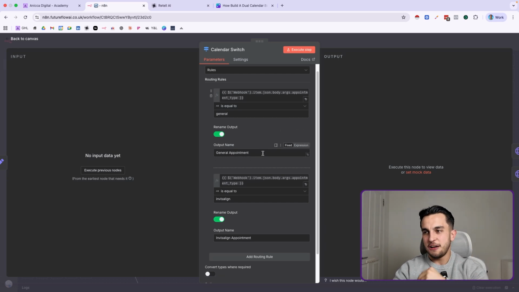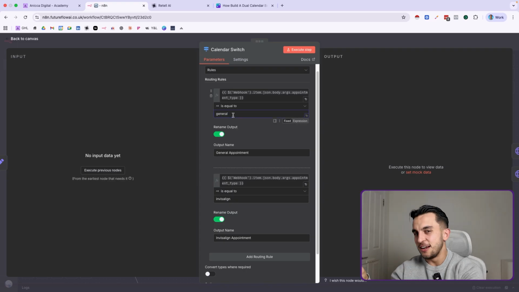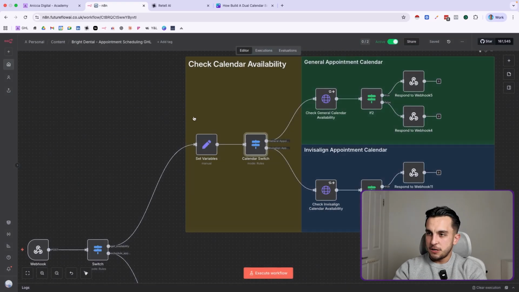So for example, if the agent output "General" with a capital G, that would come up as false because it's not equal to "general", the exact way that we have spelt it here. So it's really important that you guys understand the importance of syntax when building deterministic workflows like this. But if we did just keep carrying on,